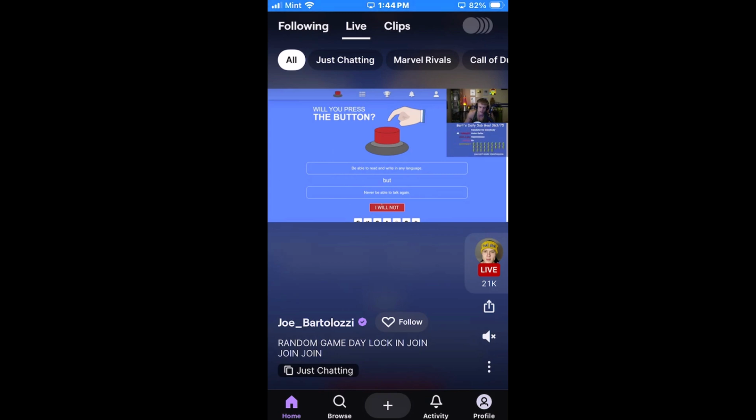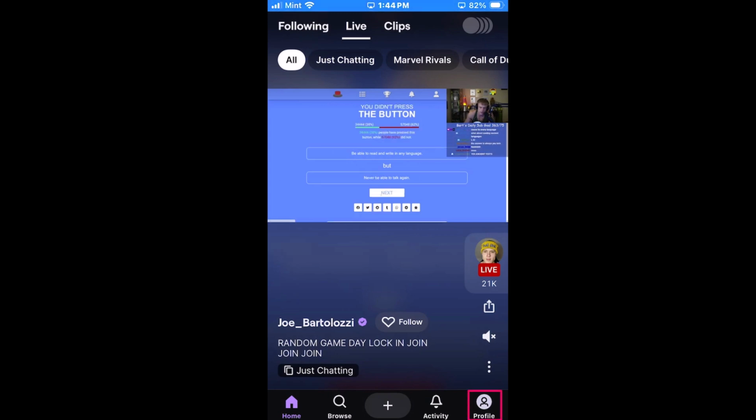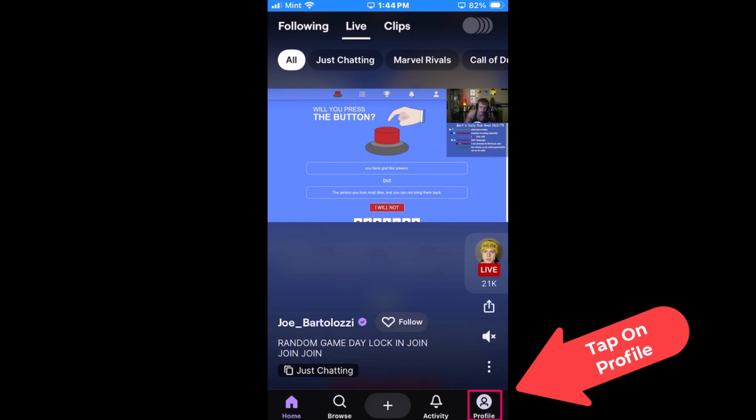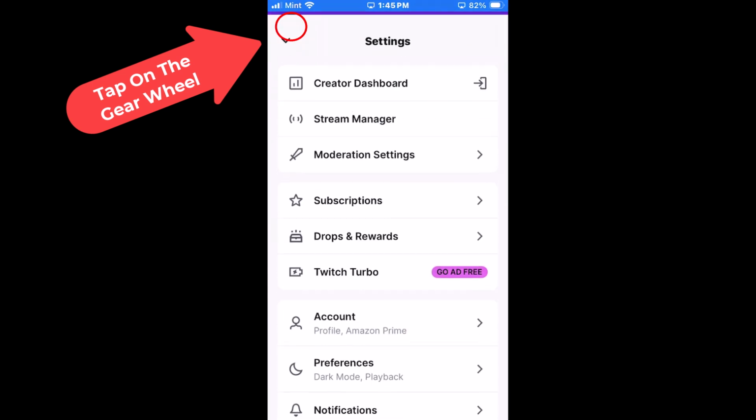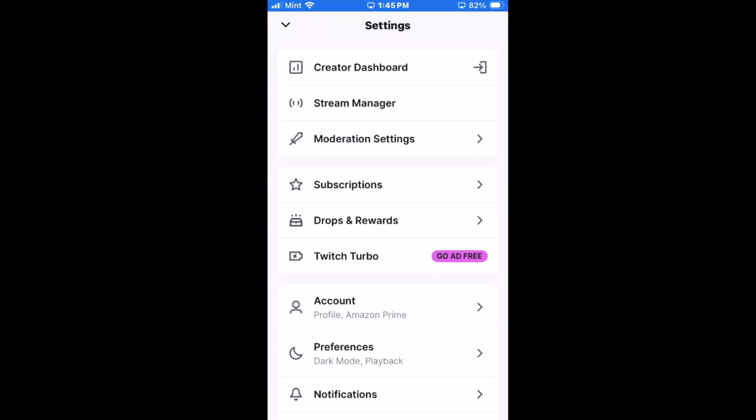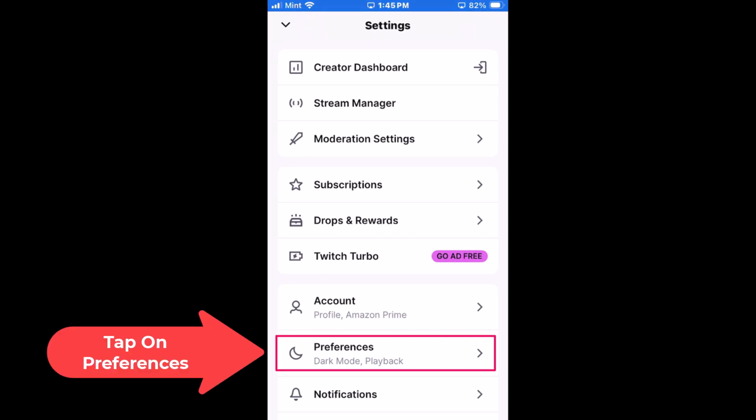I'm going to go off to the lower right hand corner down to my little profile icon. I'm going to tap on that. Then in the upper left-hand corner, the little gear wheel, I'm going to tap on the gear wheel. That opens up the settings page, and on the settings page, right down here, preferences, I'm going to tap on